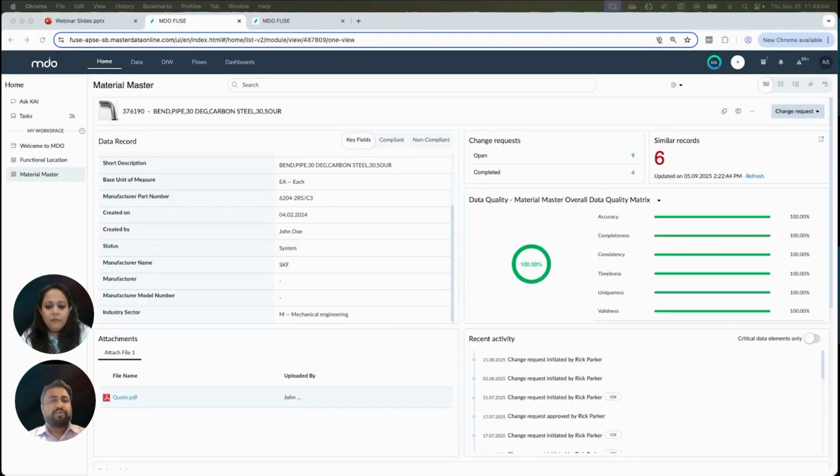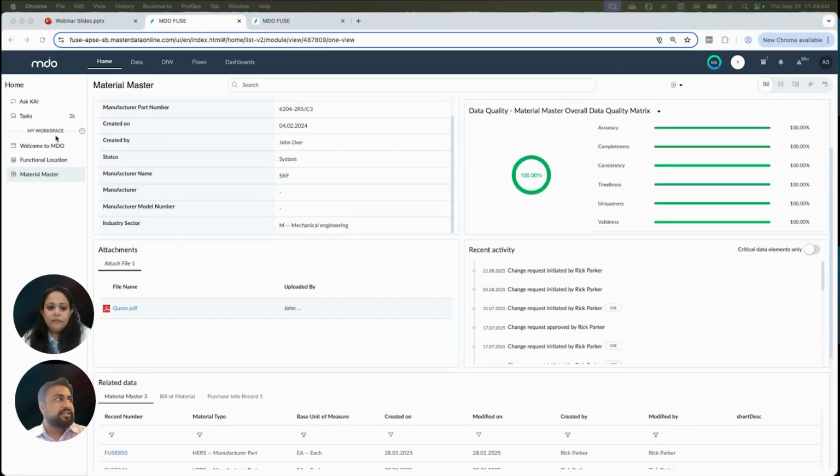You don't have to switch between different transactions to view the linked information. All of this is available on the same page. You don't have to switch between data sets in MDO to get that information. Unlike SAP, which has different transactions, we take that away and bring everything together into one page.